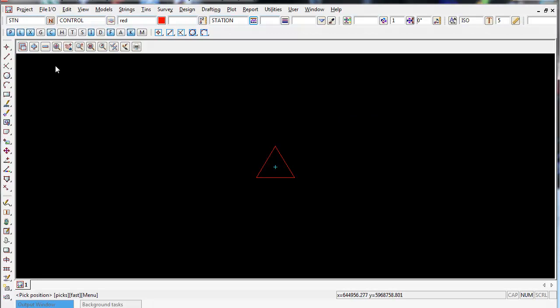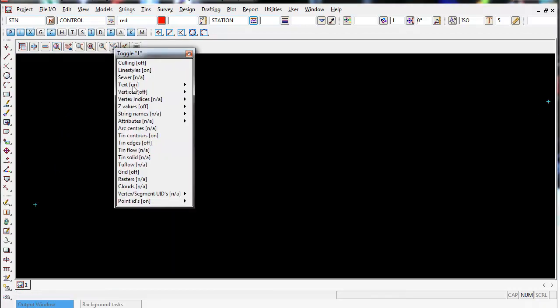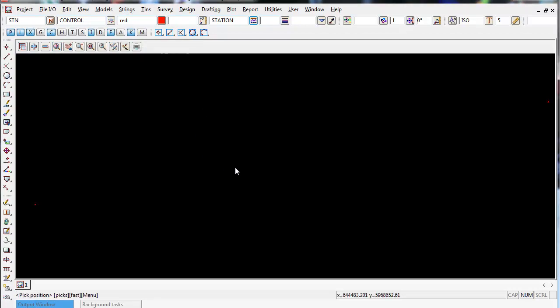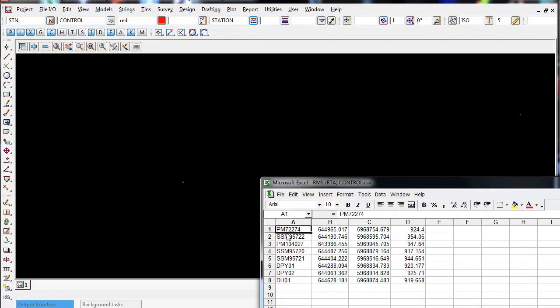Now if I do a zoom all, and I'll turn my vertex off, we can see we've got our 2 control points, one on the left and one up here on the right. Now what we need to do is attach the correct point IDs. As you can see in column A of our Excel spreadsheet, we need to attach these point IDs to these 2 control points. The easiest method is using the toolbars on the right